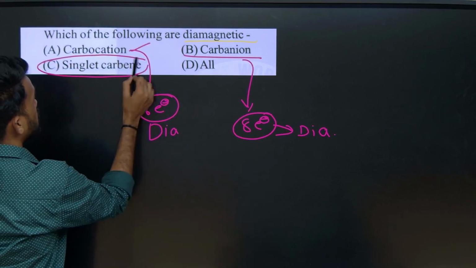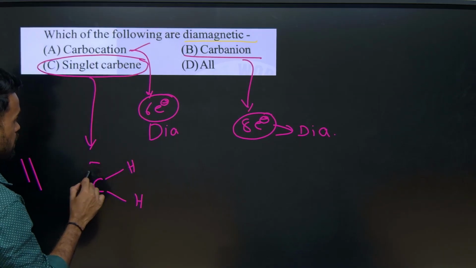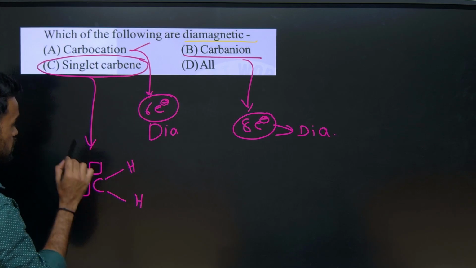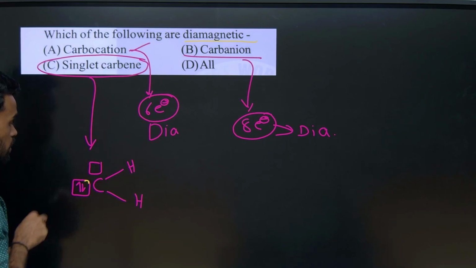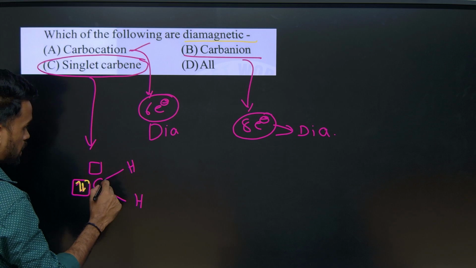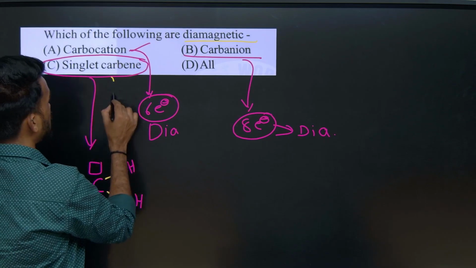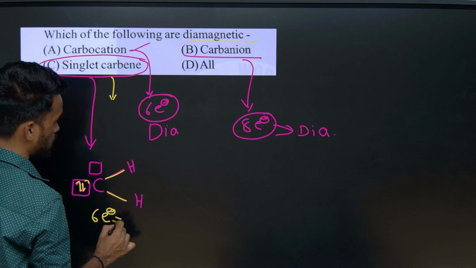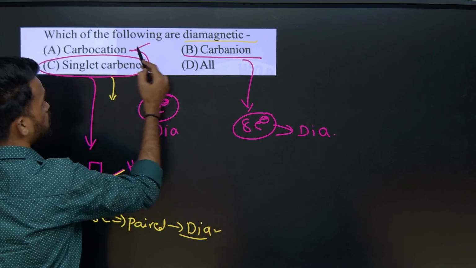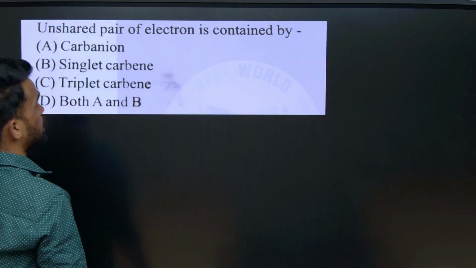What about singlet carbene? In singlet carbene also, I told you, by drawing like this, let us say 2 hydrogens are there and here 1 orbital. When we are discussing singlet, you should keep the 2 electrons in one orbital only, in one box only. One box represents one orbital. So all the electrons are paired up now. Here 2 electrons are paired up. Here also the bond contains 2 electrons which are paired. So it means no unpaired electrons. So this is also diamagnetic, which is having 6 electrons, all of them paired. Since paired means diamagnetic, A, B, C are correct. So you can choose 4, which is all of the above. All are diamagnetic.